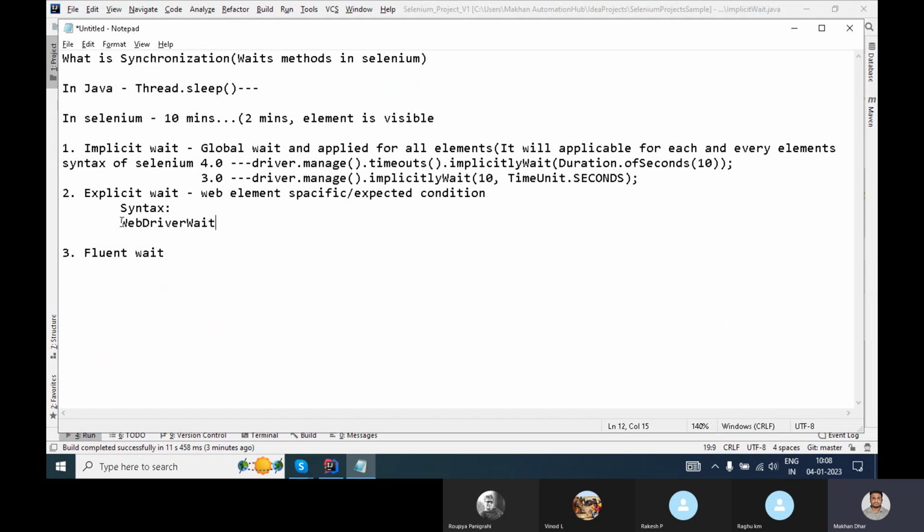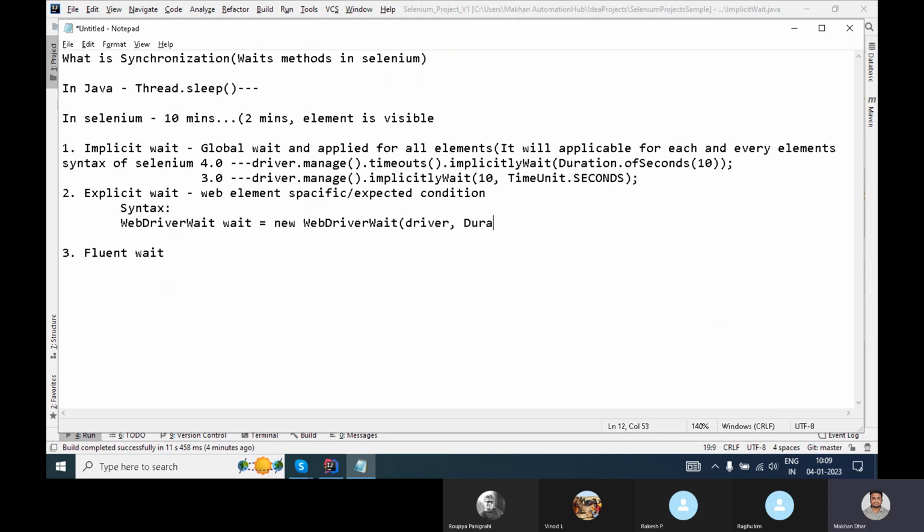That is why you have to write like this, WebDriverWait. Suppose I am giving wait equal to new WebDriverWait, and here I am just passing the driver,